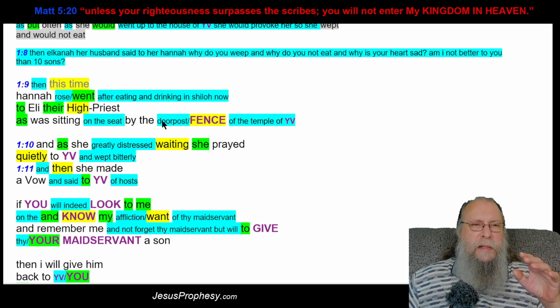So it has to be that he's sitting by a fence, because he is actually representing,